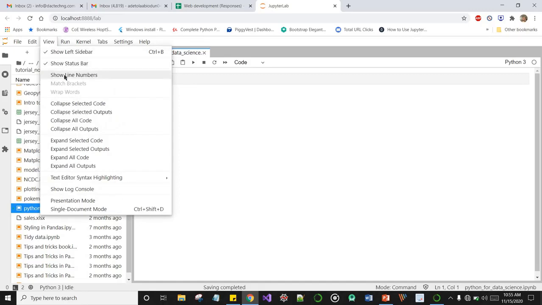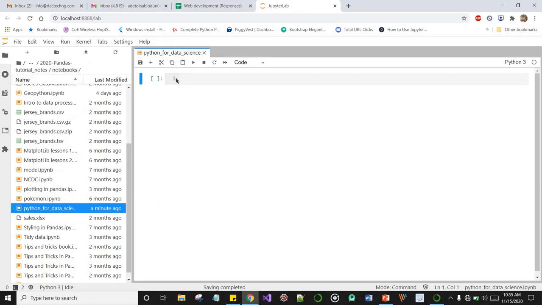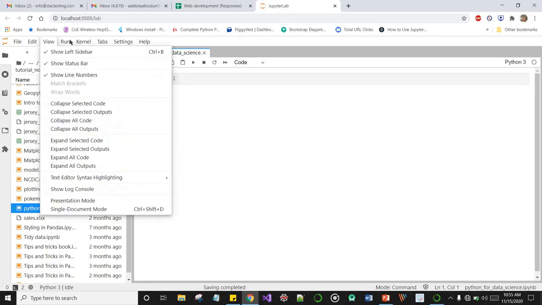You might also want to show line numbers, and here in your editors you are going to have line numbers. I prefer using line numbers too, so that once the Python interpreter throws you an error, it's going to tell you the line in which you have that particular error, so it's easy for you to go back to that line and trace the error. So it's advisable for you to always have line numbers in your editor.